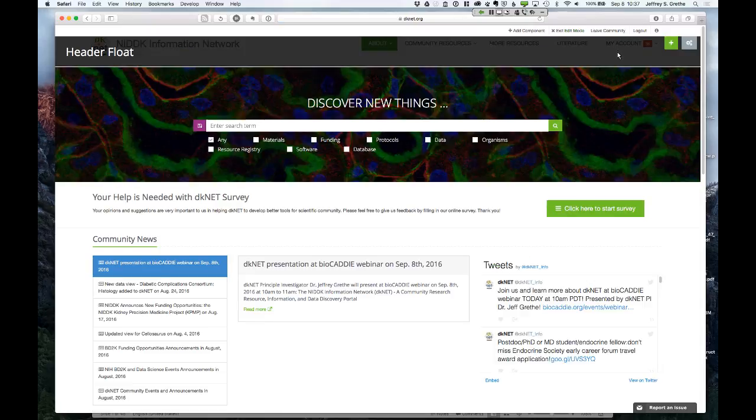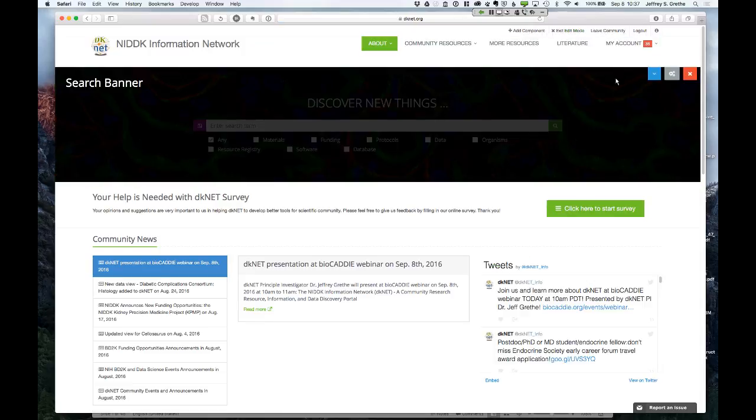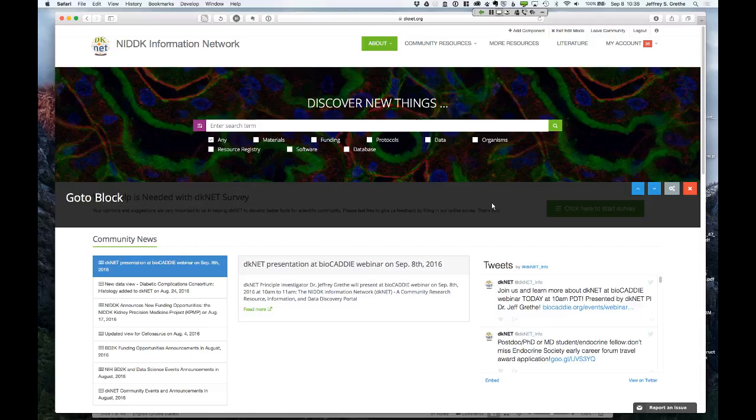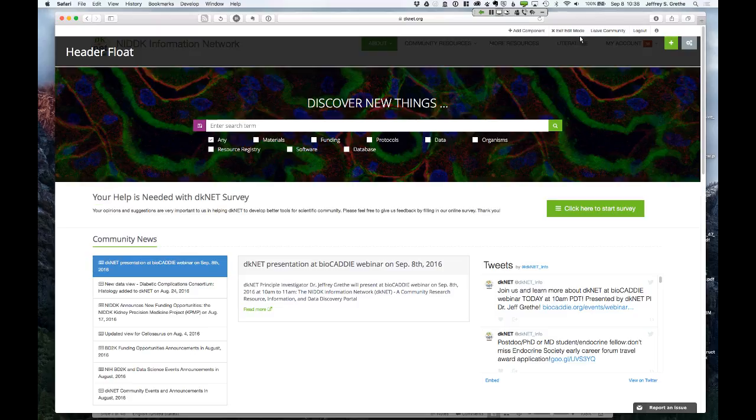As I scroll over them, I have various options to modify or remove content, and I can go in and edit the pages for a community within